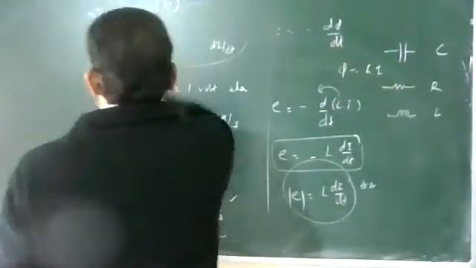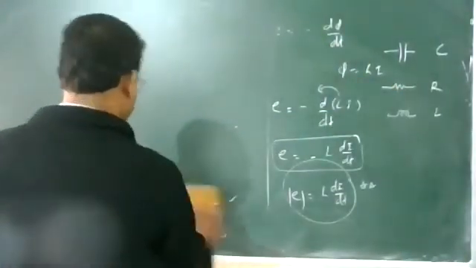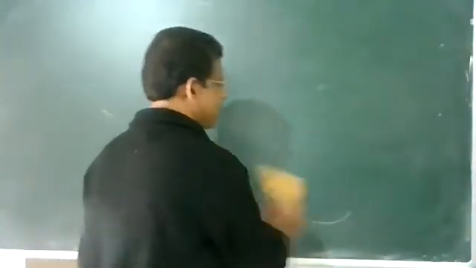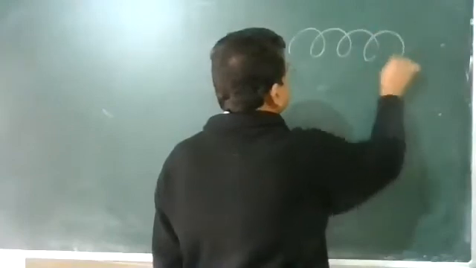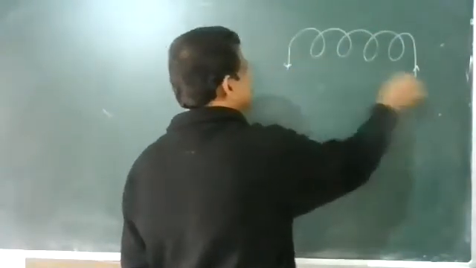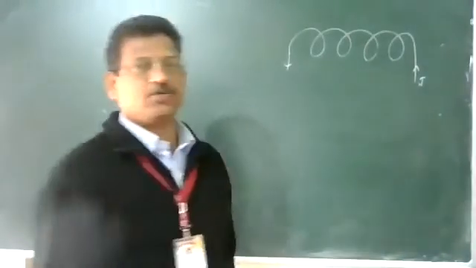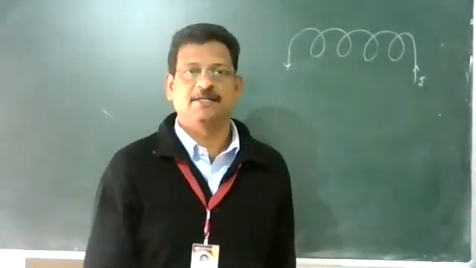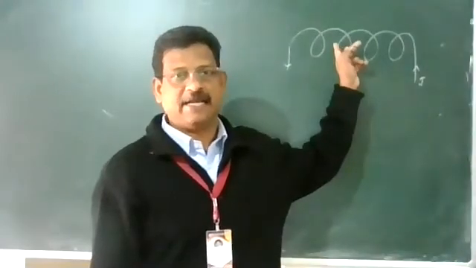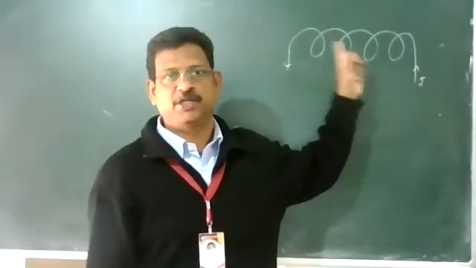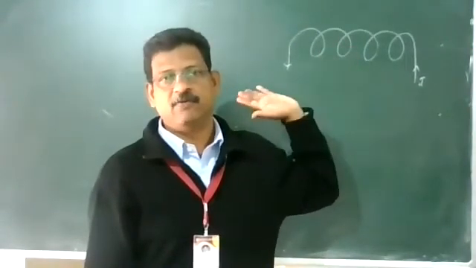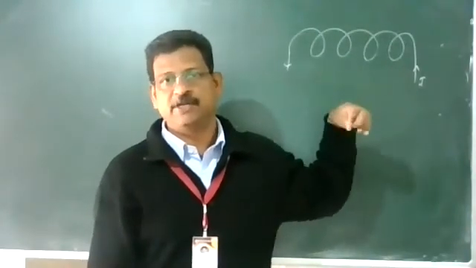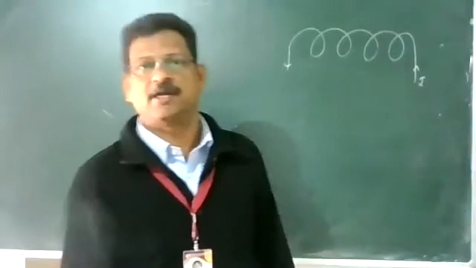Very important point. Self-inductance of a coil. You take a coil. The current through it you can vary. When there is a change in the current, the flux through the coil changes and hence an EMF and current is induced in it to oppose the change in the current. If there is growth of current, the induced current will flow in the opposite direction to the battery current. If there is decay of the current, then the induced current will flow in the direction of the battery current, to oppose any change.